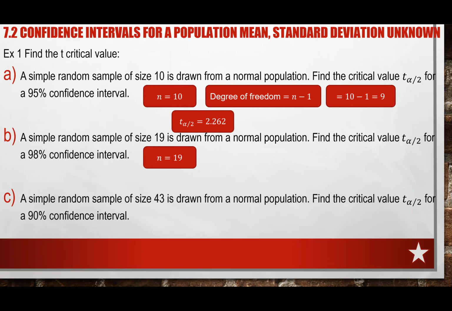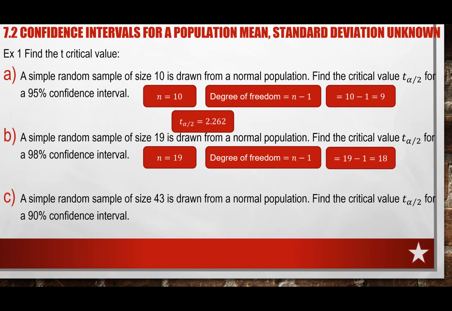a degree of freedom, and in this case the degree of freedom is 19 minus 1. So make sure, this is a careless mistake a lot of students make, they go in and look at the 19. Don't look at the 19. The degree of freedom is the first thing you need to look for, which is 18, and then you're looking for your